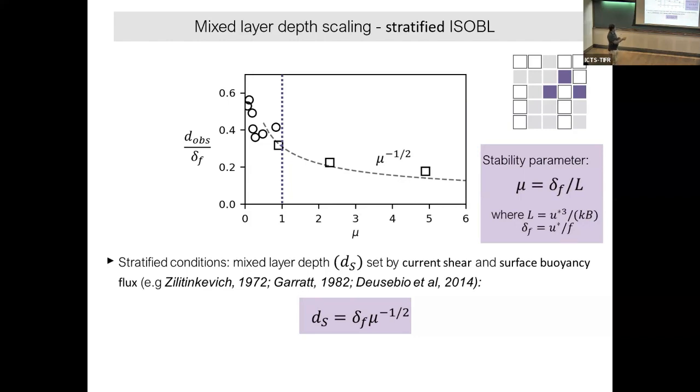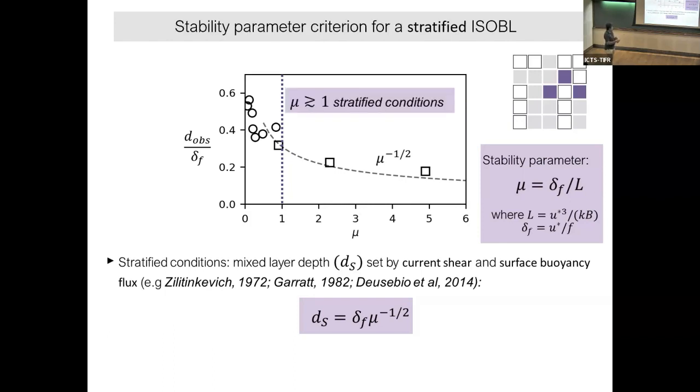And let's try the scaling. We see the scalings, but the other points are not matching. And we got a stratification condition where the stratification is important based on this sigma, or not sigma, but it's called mu. Yes, mu. So the mu is called the stability parameter. If the stability parameter is more than 1, the stratification is very important. Less than 1, we can still use our well mixed regime scaling.